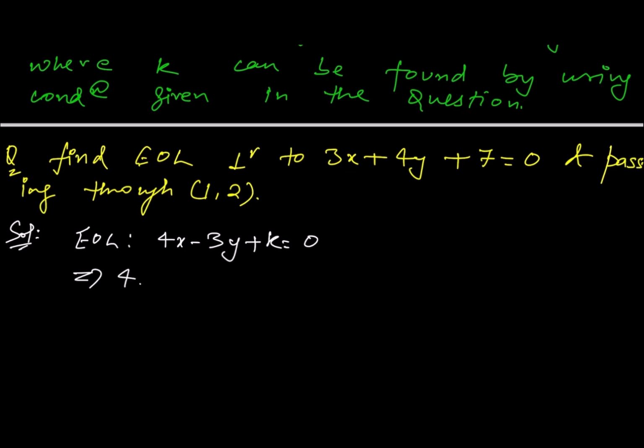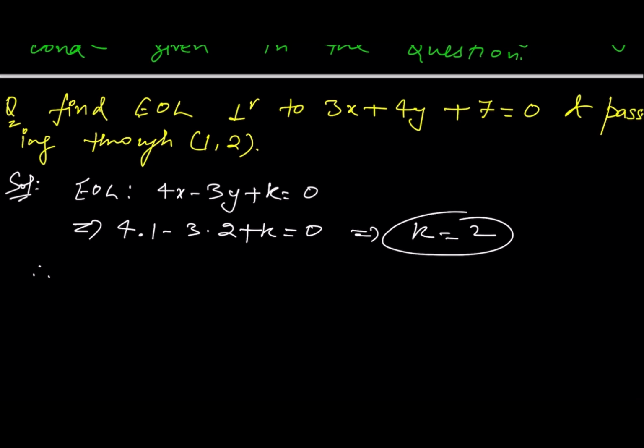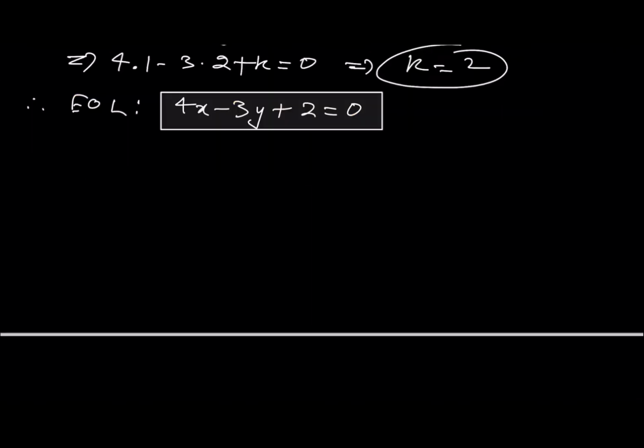So 4 into 1 minus 3 into 2 plus k is equal to 0, so k is equal to 2. Therefore the equation of the line is 4x minus 3y plus 2 is equal to 0. Let us take one more question. Question is: